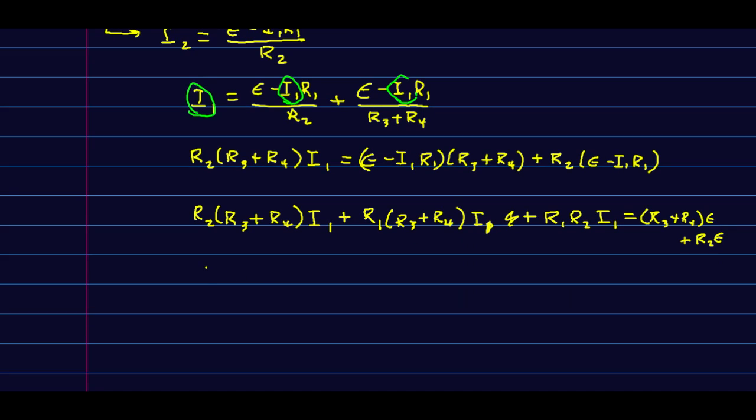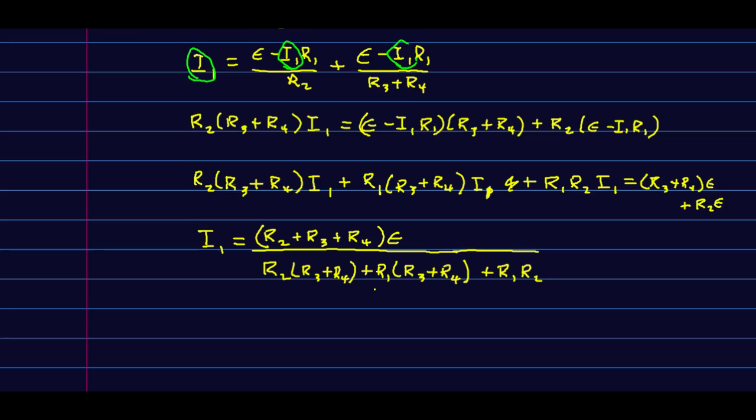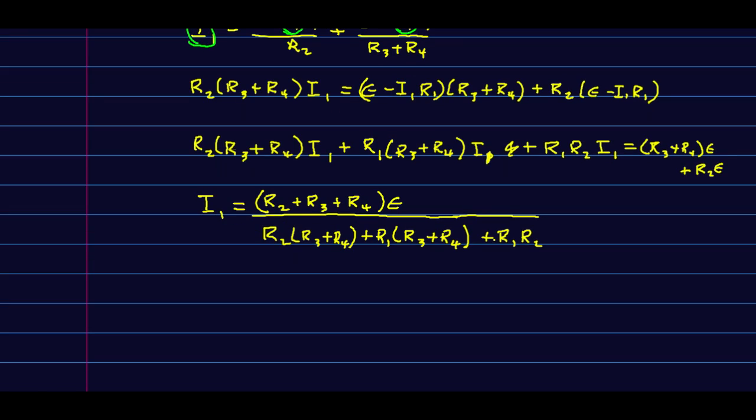And that whole mess becomes this. There, and I now have I1. I could plug in all the numbers and have it. And I'm going to leave it at that, because at the point that I now have I1 out of here,